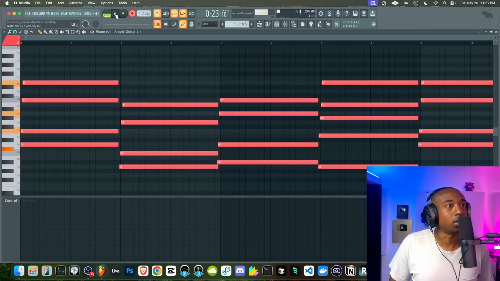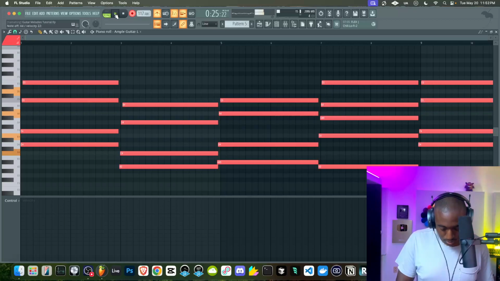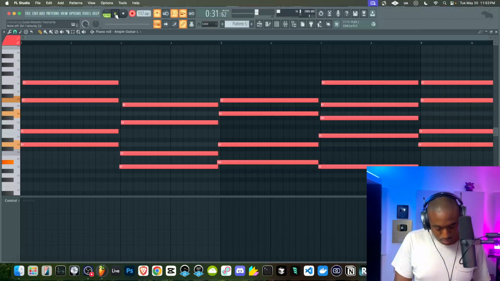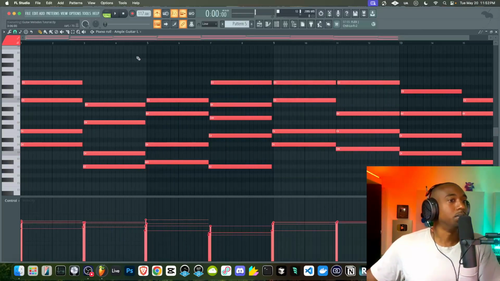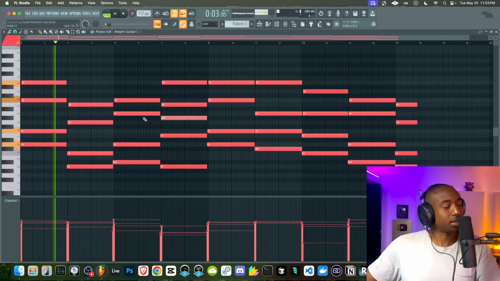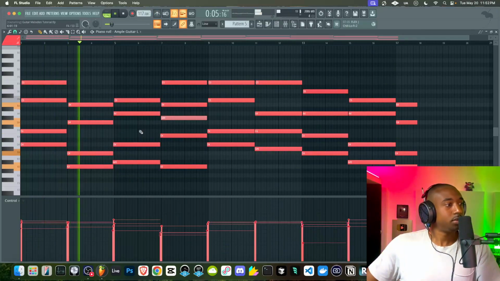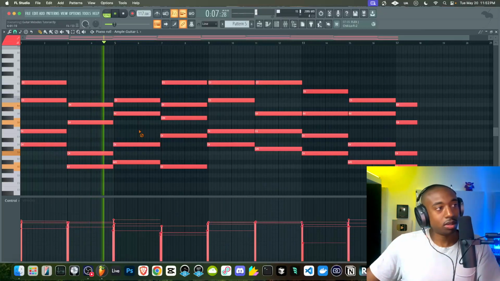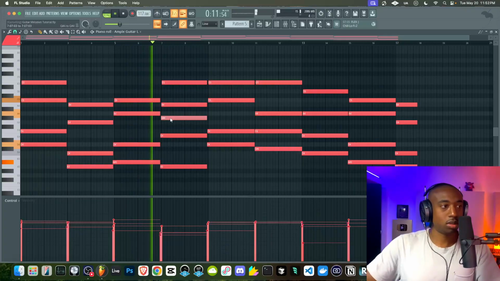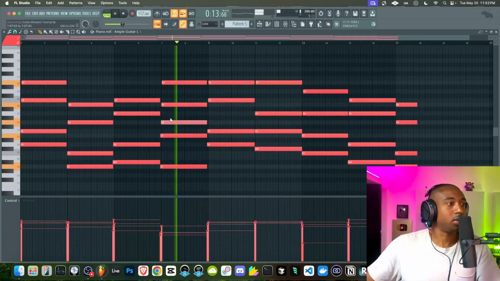Of course, my finger hit the wrong note. All right, so one of these notes is wrong. I think it's this chord here. It's hard to tell when everything's all over the place. Let's just listen in. So we want more of the R&B route. I think it's this chord here. There we go.